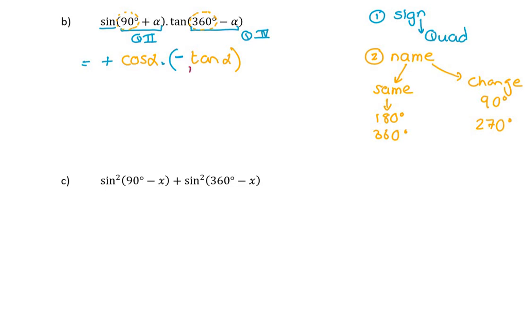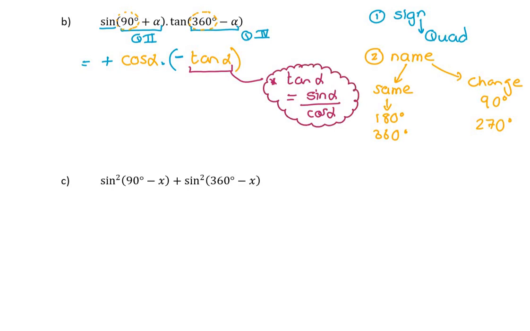Now, I've been hinting at our next section, which is actually identities. And in identities, something I've been saying quite a lot, and something we're about to work with, is the fact that tan of alpha is always going to be the same as sine of alpha over cos of alpha. So our next topic after reduction is identities, and we're going to look at proving why that is true. So what I can do here is change this tan to sine alpha over cos alpha,